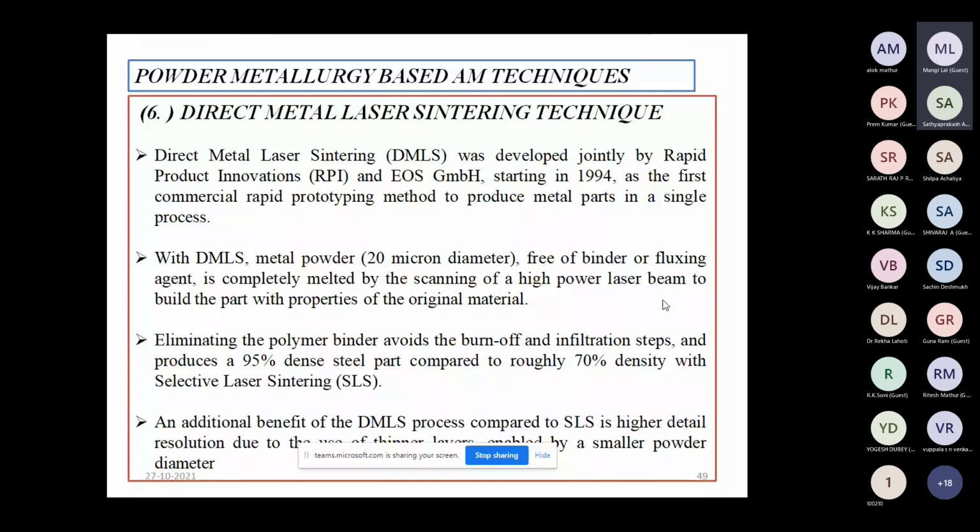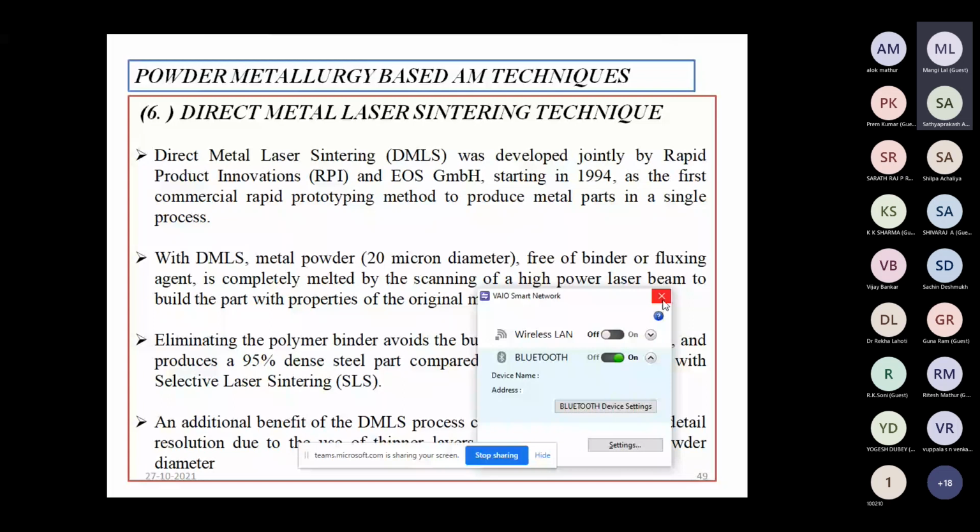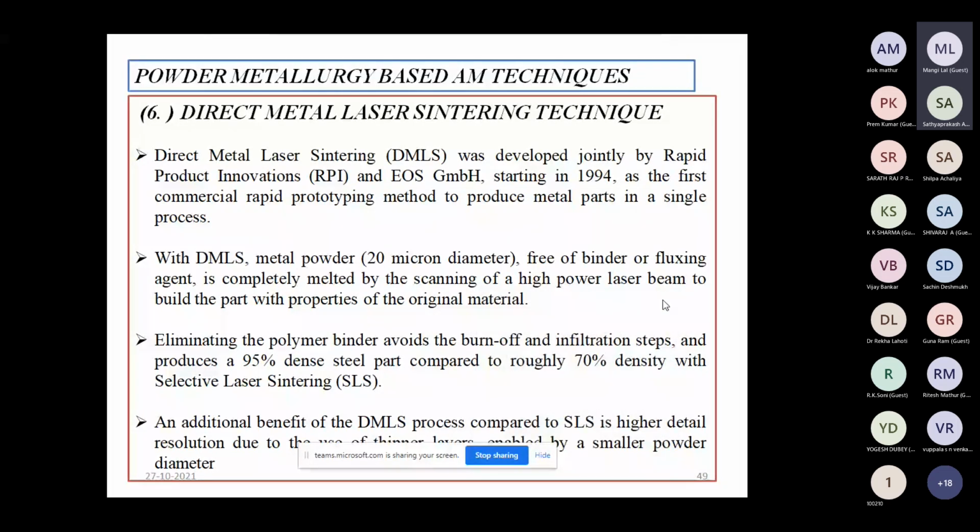Selective laser sintering is also a powder based technique, but powder metallurgy based additive manufacturing techniques are used specifically only for metal components. In selective laser sintering, we can use either polymer powders or metal powders. But if we have to generate only metal components, we can use these powder metallurgy based additive manufacturing techniques.